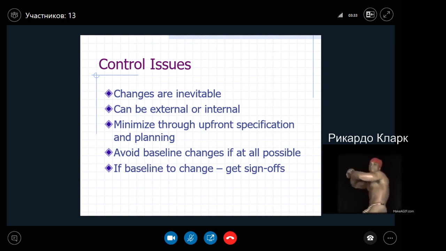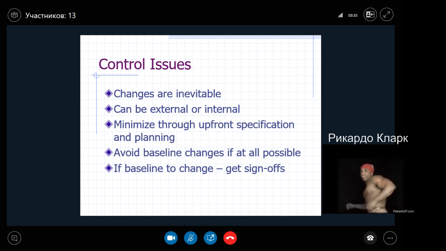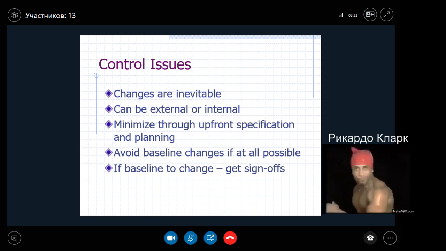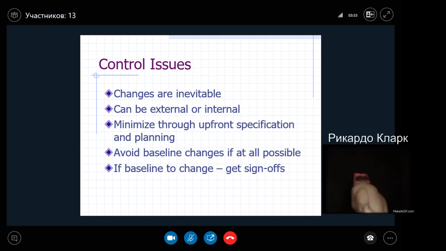I'm going to leave it there for today because I'm conscious of the time. There are two additional sections to the notes here. One on project closure and review. Just to summarize what it means is